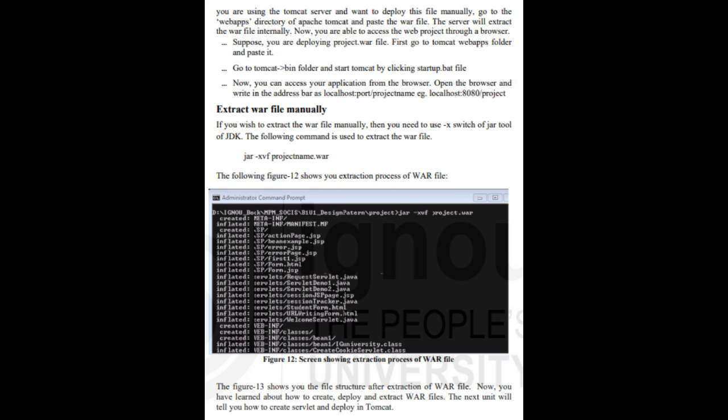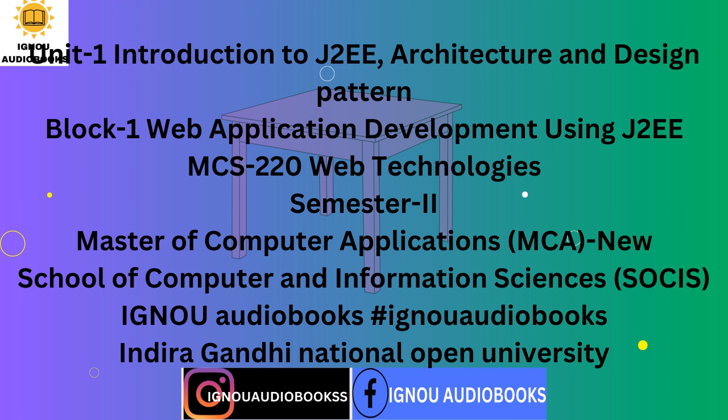The following sections describe how to create a WAR file, how to deploy a WAR file and how to extract a WAR file. You will find more about the installation process of Apache Tomcat and running and deployment of your servlets and JSP programs in section 2.7 of Unit 2 of this Block 1. Before that, you will learn about the JAR and WAR packaging in Java.